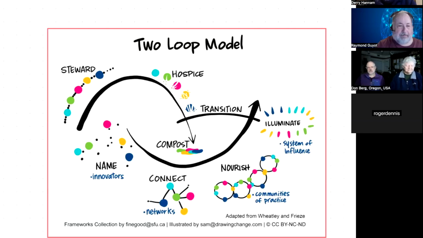So the fact that we can just swap pieces of a system out and replace them with something else. The two loops model is based on a living systems model, this understanding that everything comes in circles and in cycles. So we have one, what we call the legacy system, which would be our conventional public education system, on that top arc. We are also creating at the same time a brand new system that is coming up to help us transition over into the